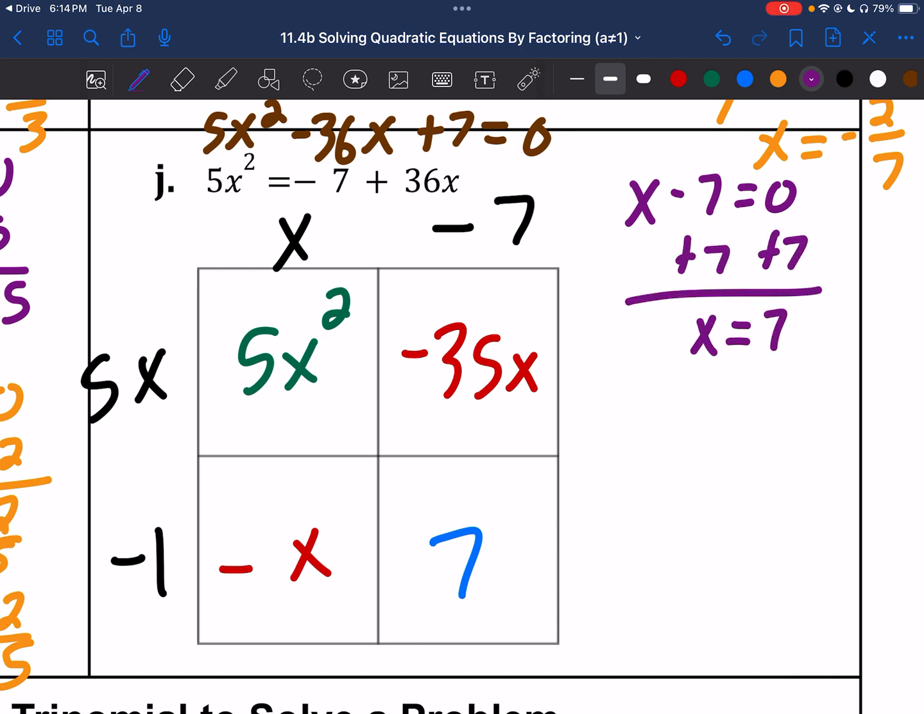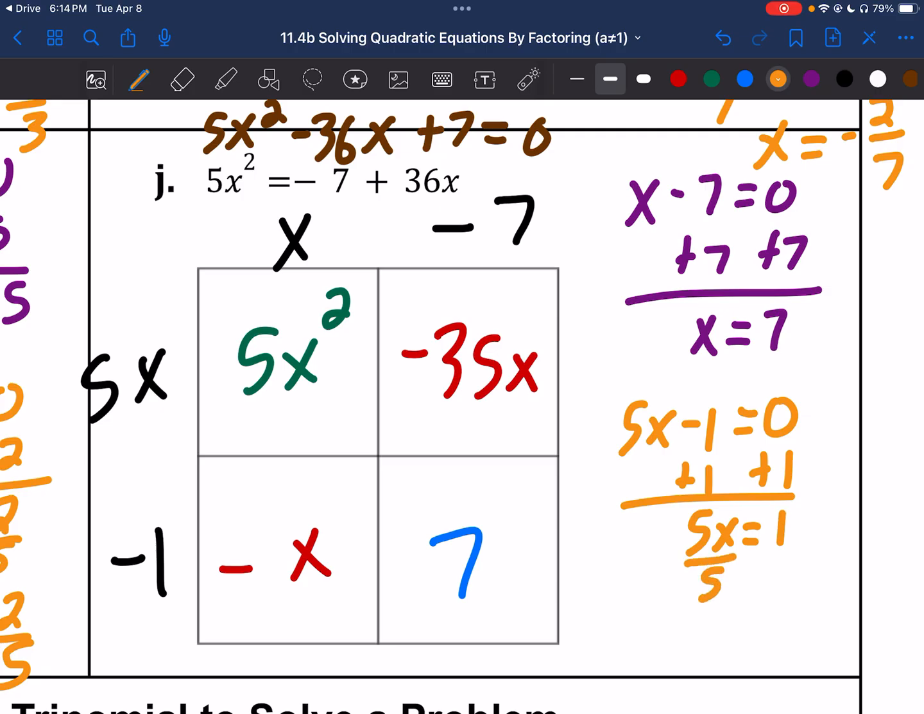My second binomial, 5x minus 1 equals 0. Add 1 to both sides. We got 5x equals 1. Divide by 5. X equals 1/5. So those are our two values, 1/5 and 7. All right. So next up we have,